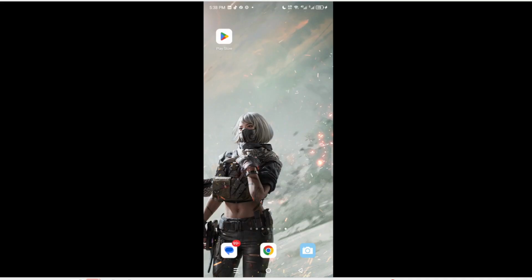Once you tap on it, the store will launch, displaying various apps and games. If you are not logged in, the system may prompt you to enter your Google account details. This step is crucial because it allows you to download apps and manage your purchases. Make sure you are connected to the internet for a smooth experience. Once the store is open, you are ready to search for the Nomad eSIM app.